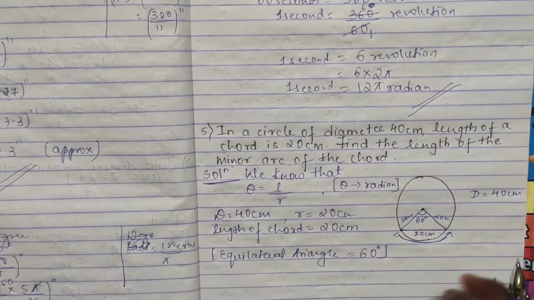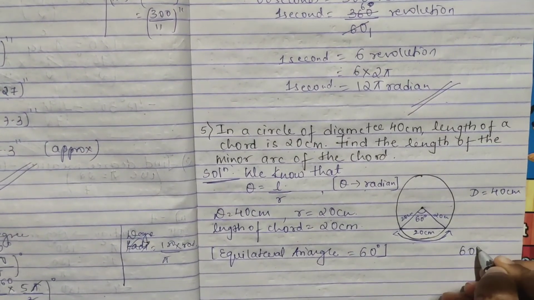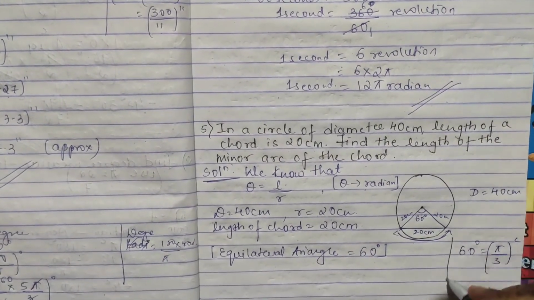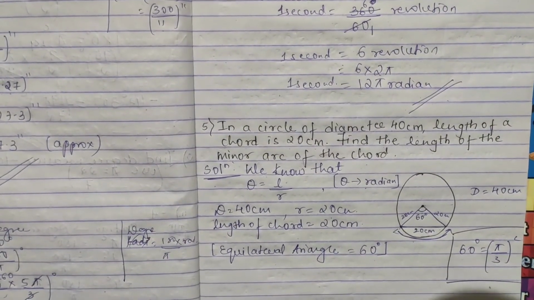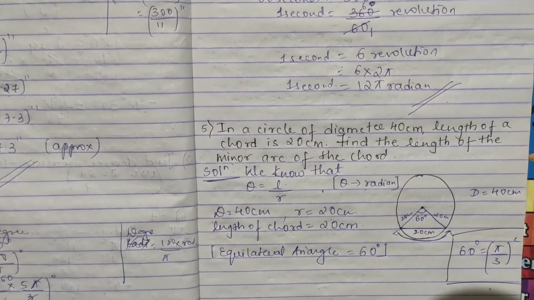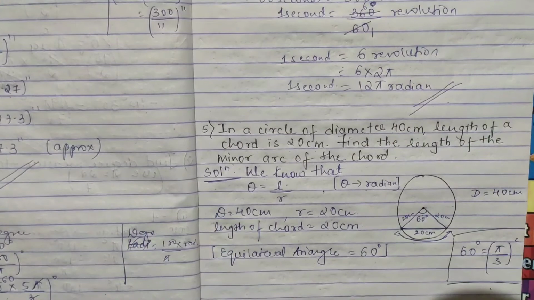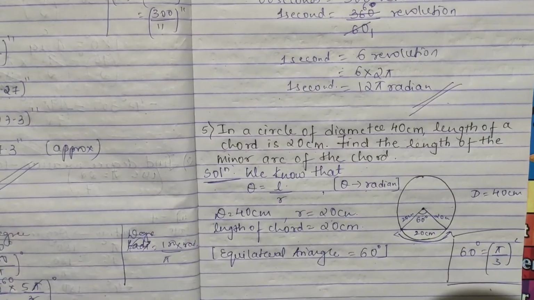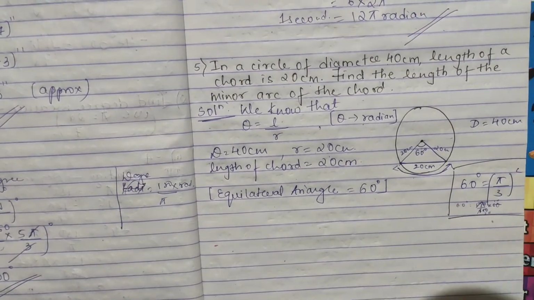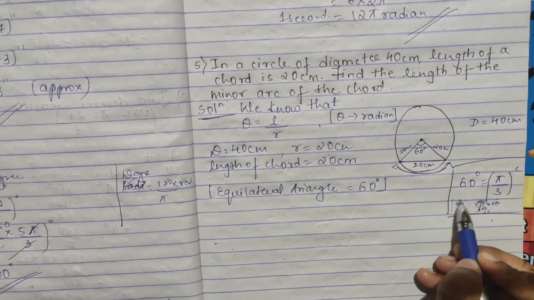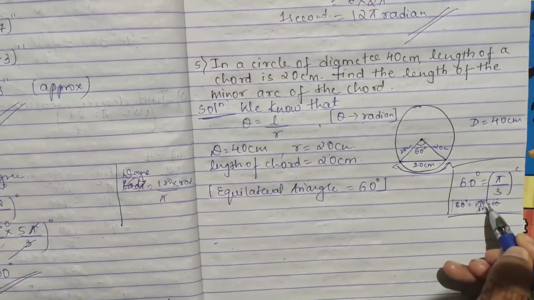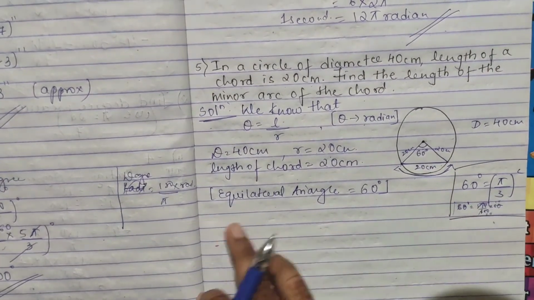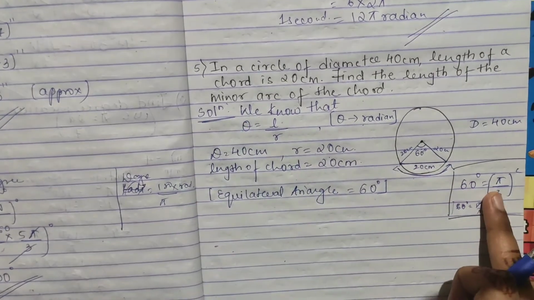You will ask, how do we convert it to radians? We know, and we have studied this also, theta 60 degrees is equal to pi by 3 radian. I have given you those forms in a simple way, for your 90 degree, 60 degree, 30 degree, 270 degree. So you can remember them, instead of doing 180 by pi into 60. Or if you want to convert, 60 degrees is equal to pi by 180 into 60, you can do that also. But this is given, you can remember it easily. So we have got our theta in radians.